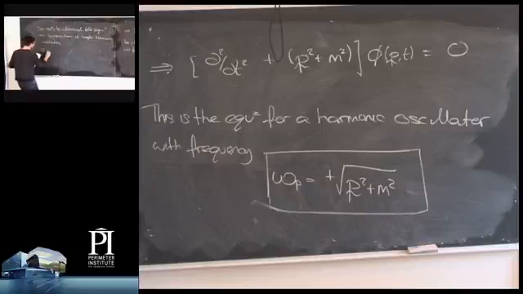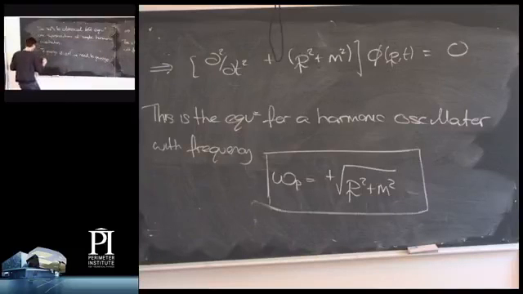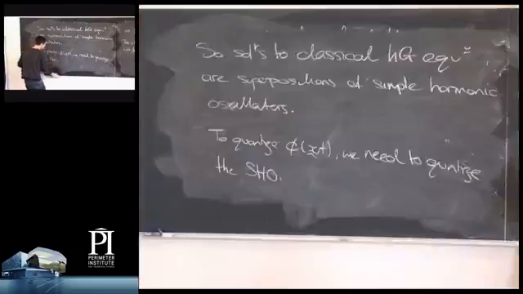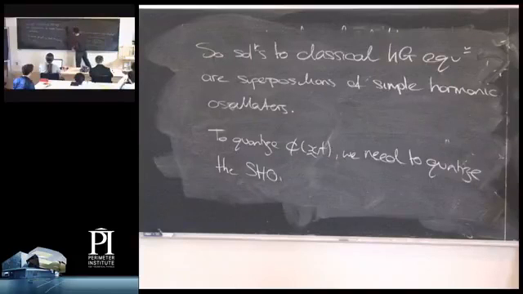So to quantize phi of x, we need to quantize harmonic oscillators. But we can all do that, right? That's fairly straightforward. So what I'm going to do in the last 5 minutes is something very boring. I'm going to fly through at great speed a review of the quantization of the harmonic oscillator, which I know you've seen 1,000 times, but at the very least it will just get notation on the board,